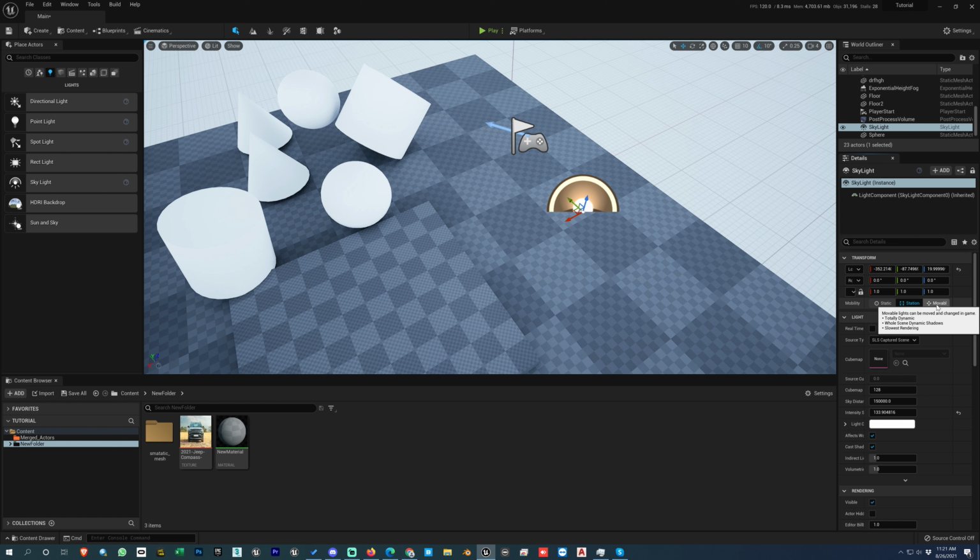But this is the heaviest of all these three. So when your lights are movable, it will cost a lot on the scene. If it's stationary, it will cost a little less than movable. And if it's static, then it will cost the least, the least amount of strain on your scene. So if you want to have a good FPS in your scene, when you are exploring the scene inside Unreal Engine in real time,